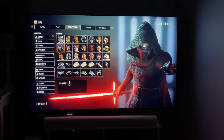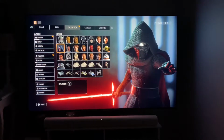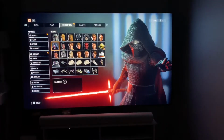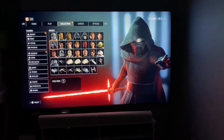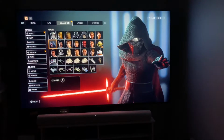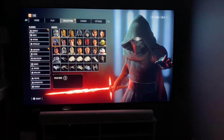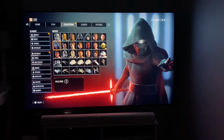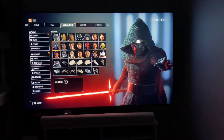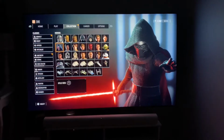All right. To begin with, I would like to excuse my English. It's not my native language. I live in Sweden, and that's why the menu and the settings will not be in English. It will be in Swedish. But I will showcase how the local dimming seems to work, for me at least,